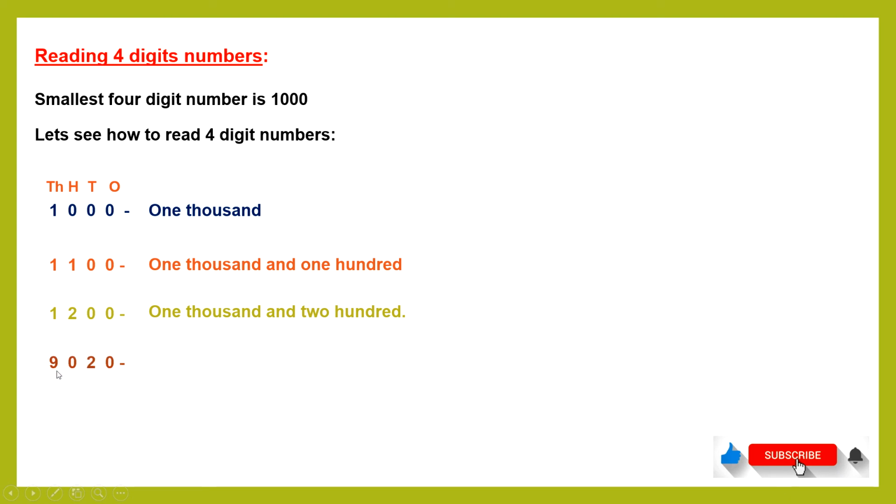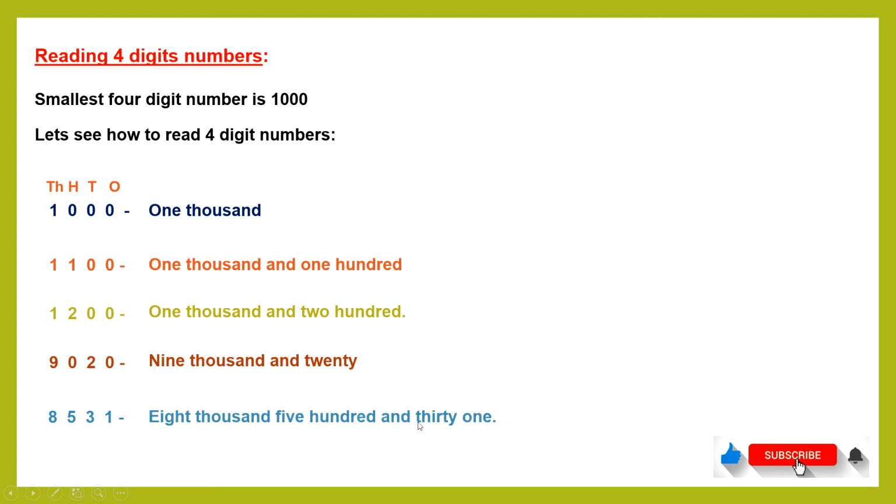Now the next number is 9020. 9 is at thousands place, 2 is at tens place. So place value of 2 is 20 here in this number, and 9 is 9000, and 0, we don't count as any place value, so it doesn't hold any place value. So directly we can call this number 9020. And for this number it is 8531. So that's how we read this number. 1 is at ones place, 3 is at tens place, so 3 can be read as 30. 5 is at hundreds place, so 5 is read as 500, and 8 is read as 8000.